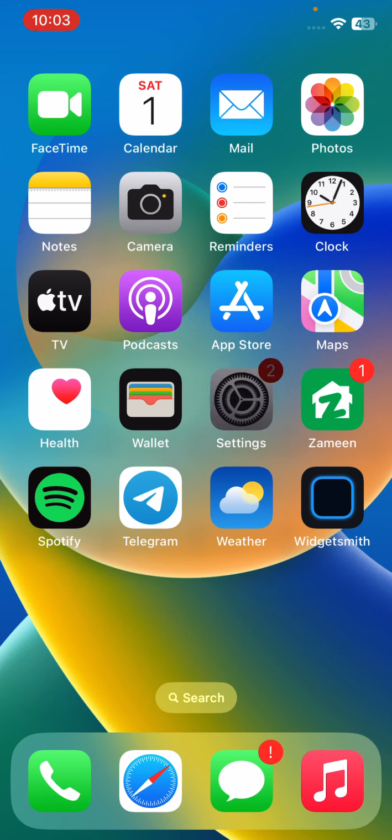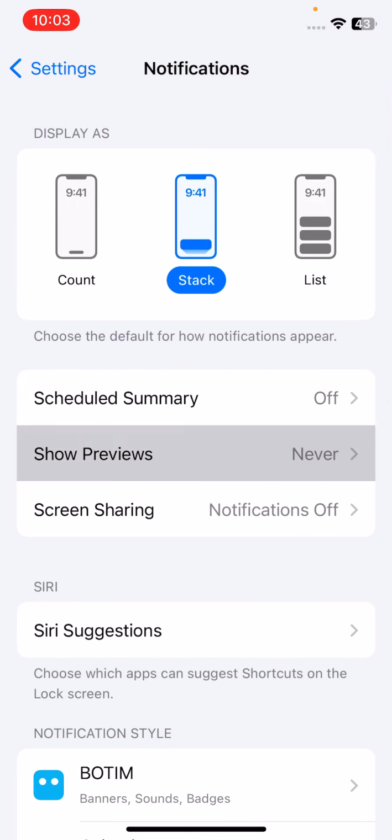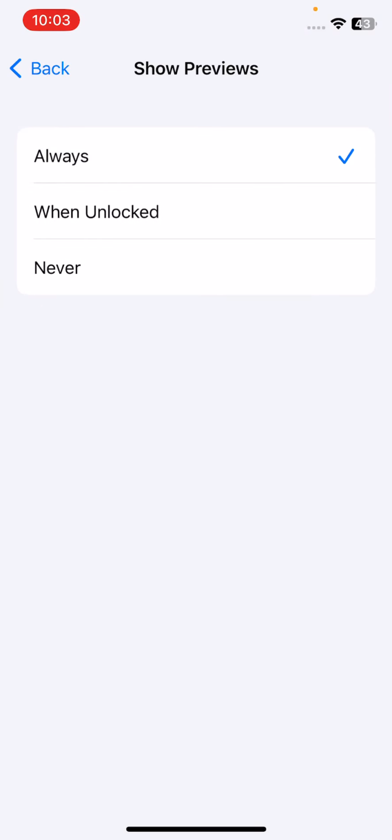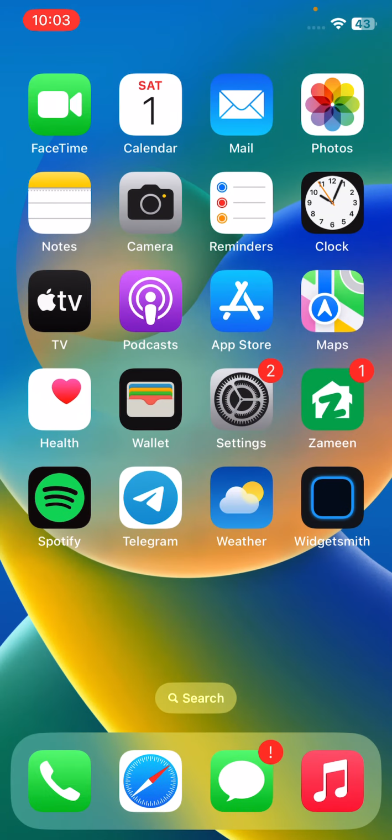For this, tap on settings, tap on notifications, tap on show previews, and tap on always here. After enabling this, the next method is check your cellular and Wi-Fi connection. If you have turned off cellular or Wi-Fi, your notifications will not be received. So guys, the next method is